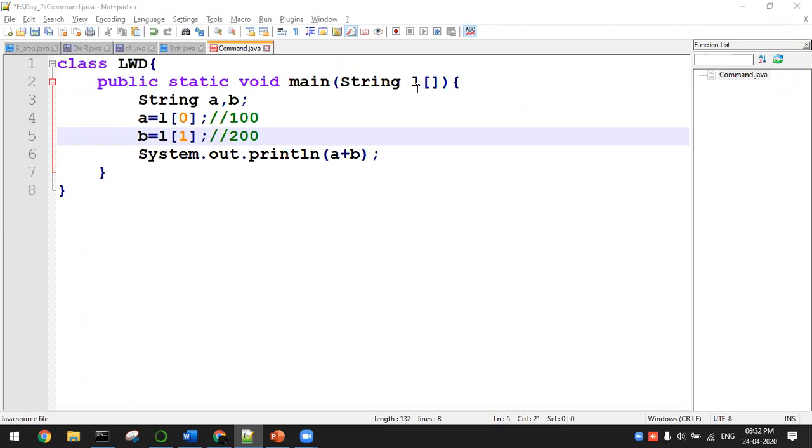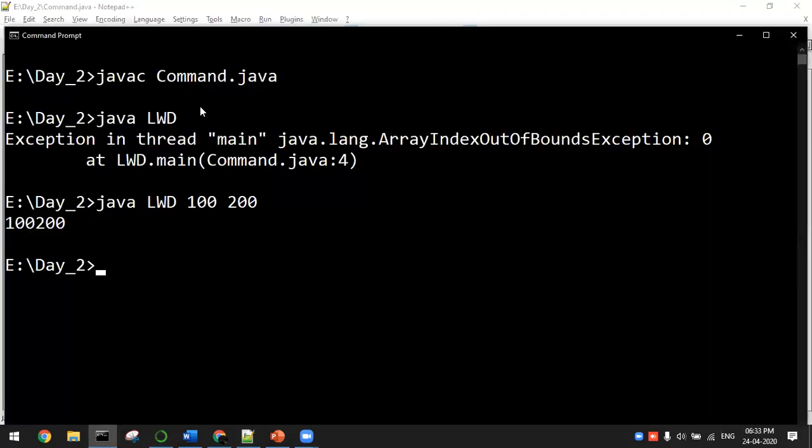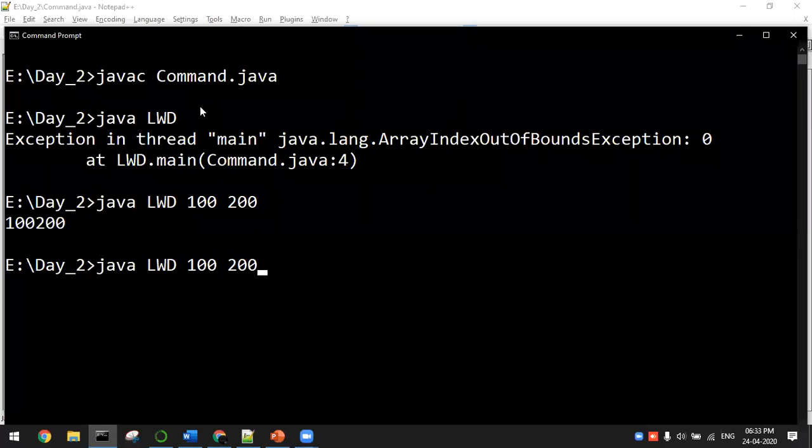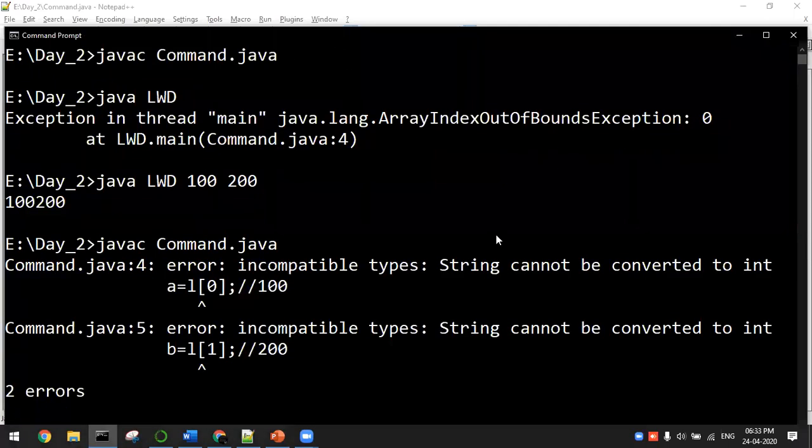Then you can ask the question, ma'am, I have given an integer, but it is taking a string. Yes, we have mentioned this as a string. Suppose you have mentioned this as an int, what will happen? Definitely you will get an error, because the command line argument you have given is string type, but it is assigned to an integer. So a of 0 is nothing but a string, but it is assigned to an integer value.